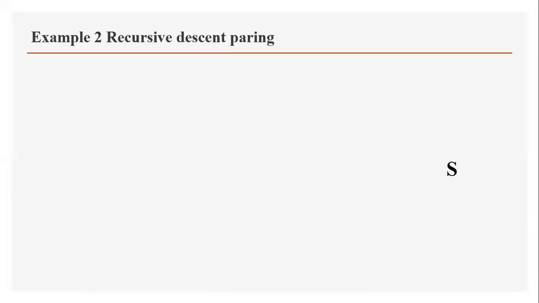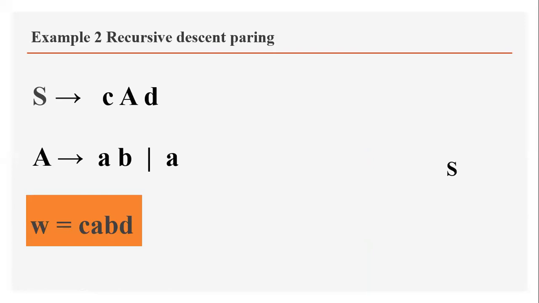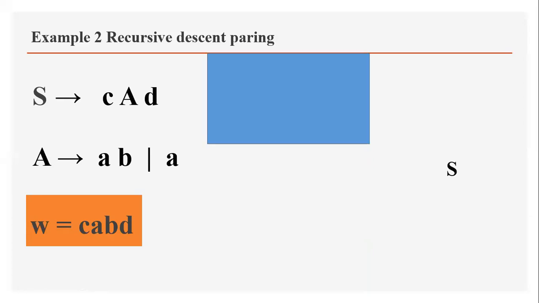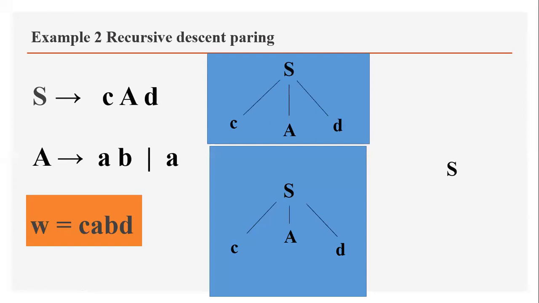I'll take the second example. Second example, same grammar, but I'll give a different input. Instead of CAD, I'll give CABD. Let us consider. S means CAD. Our input C is C, but A is a non-terminal. You have to expand that, is it not? A means what? A means I'll substitute A. First I'll substitute A